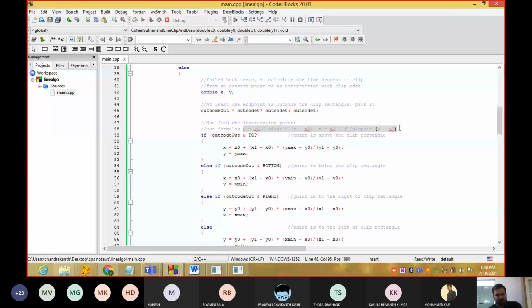Outcode and top. We are going to use the same formula: y is equal to y naught plus slope into x minus x naught.